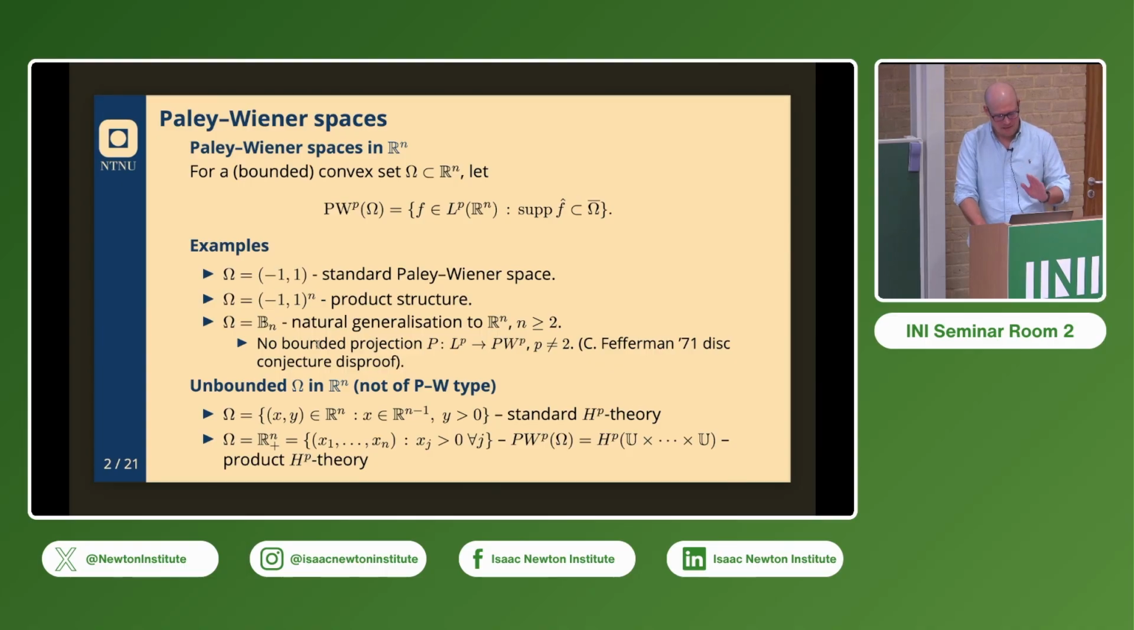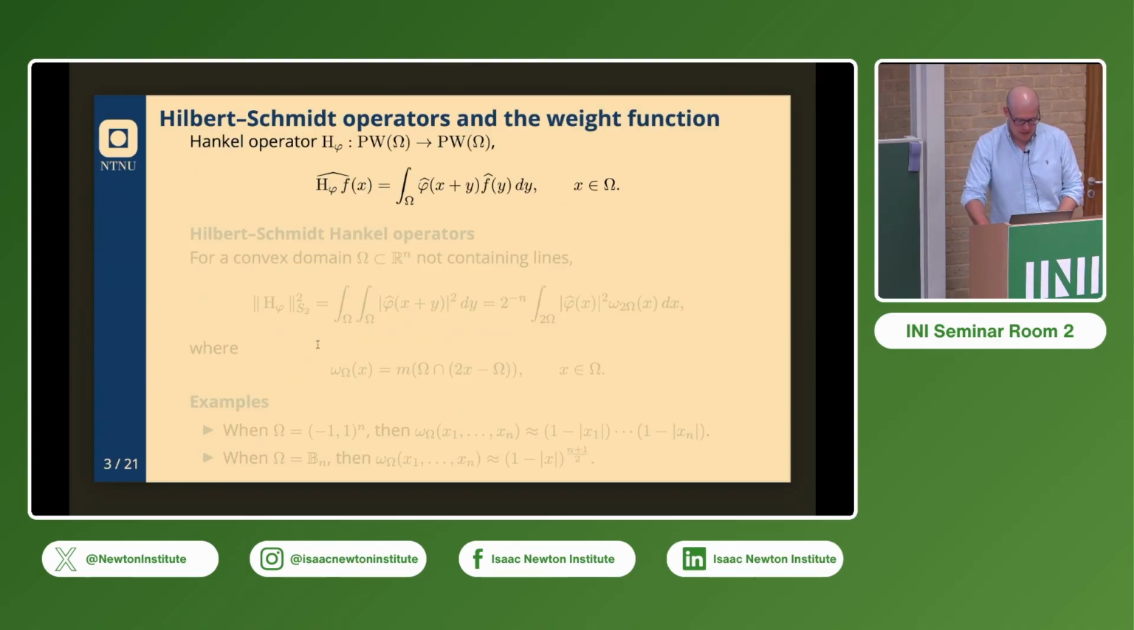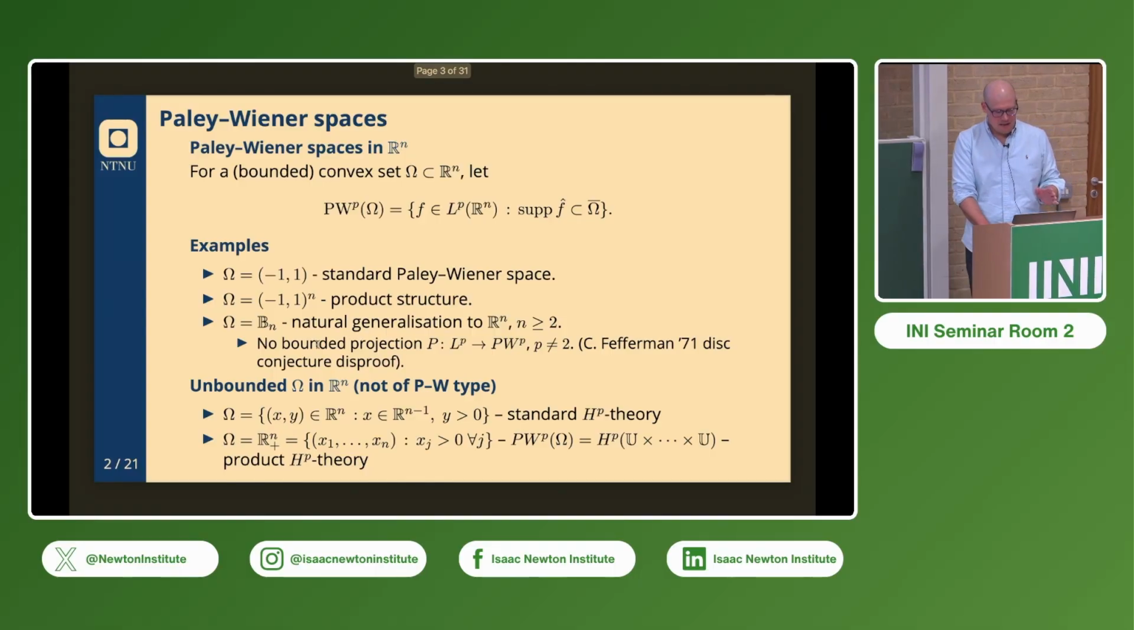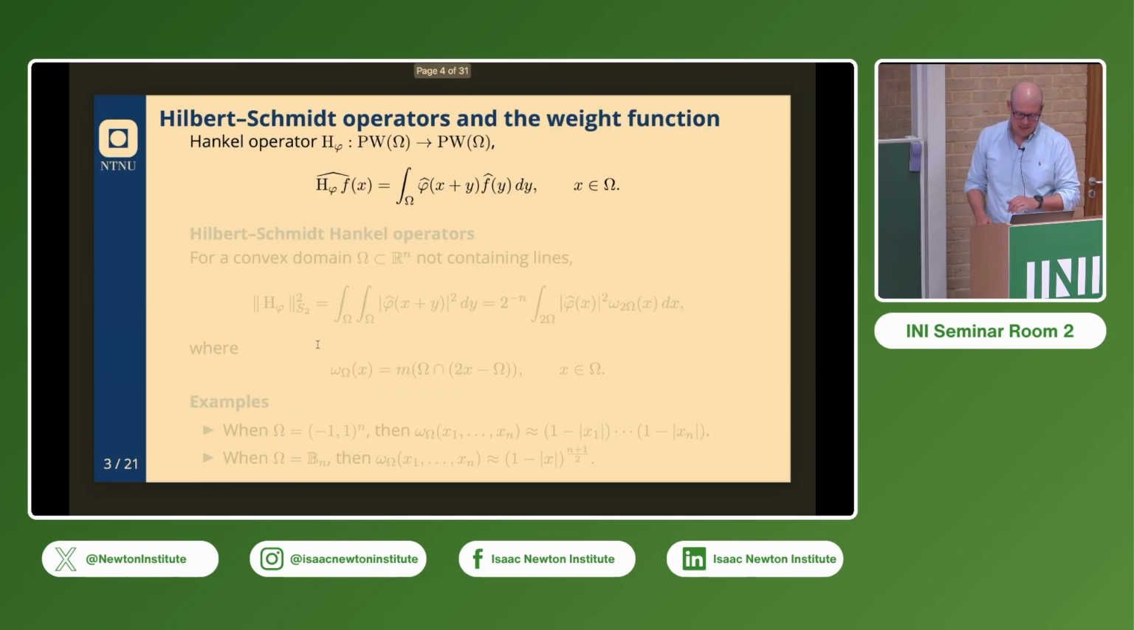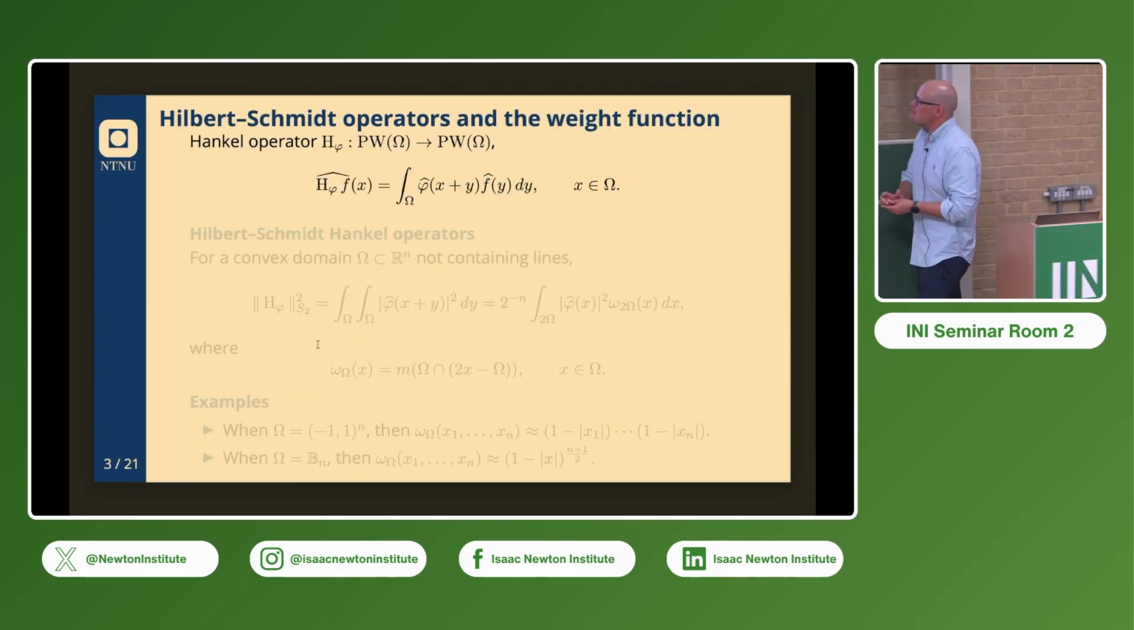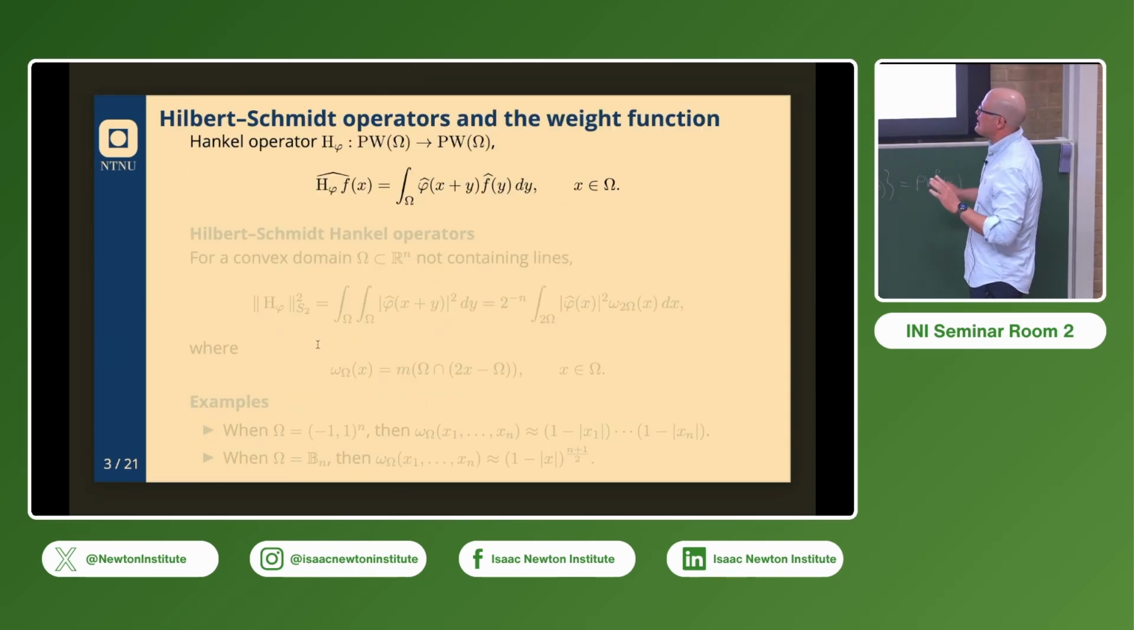So what I mean with the Paley Wiener space, there are also some unbounded sets in the background, which I'm not going to talk about. I said in the abstract I would talk about embeddings, and I'll talk about convolution type operators. I'm going to start with embeddings, but just to motivate what those embeddings should be, allow me to look